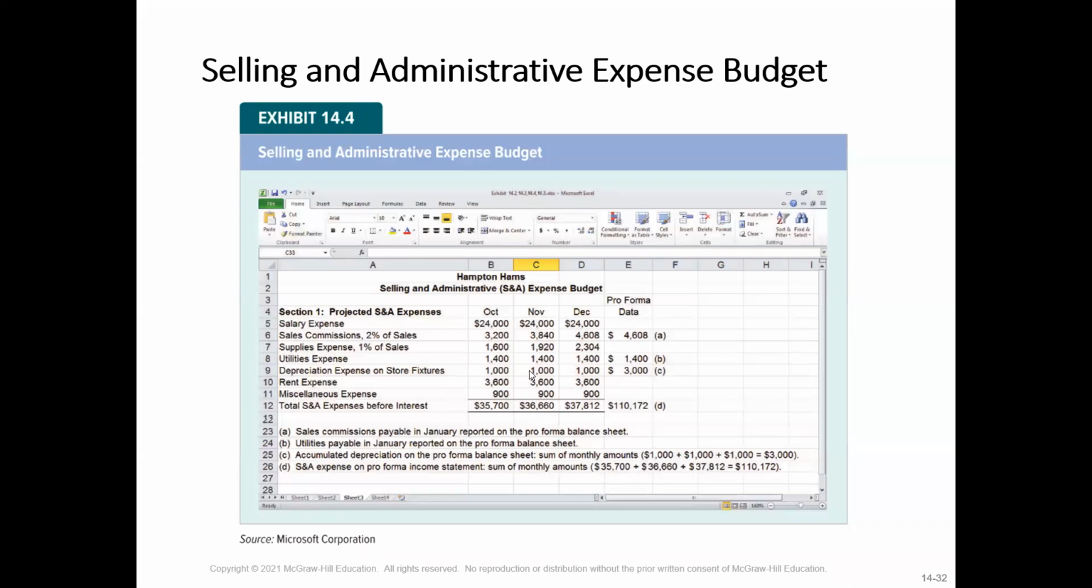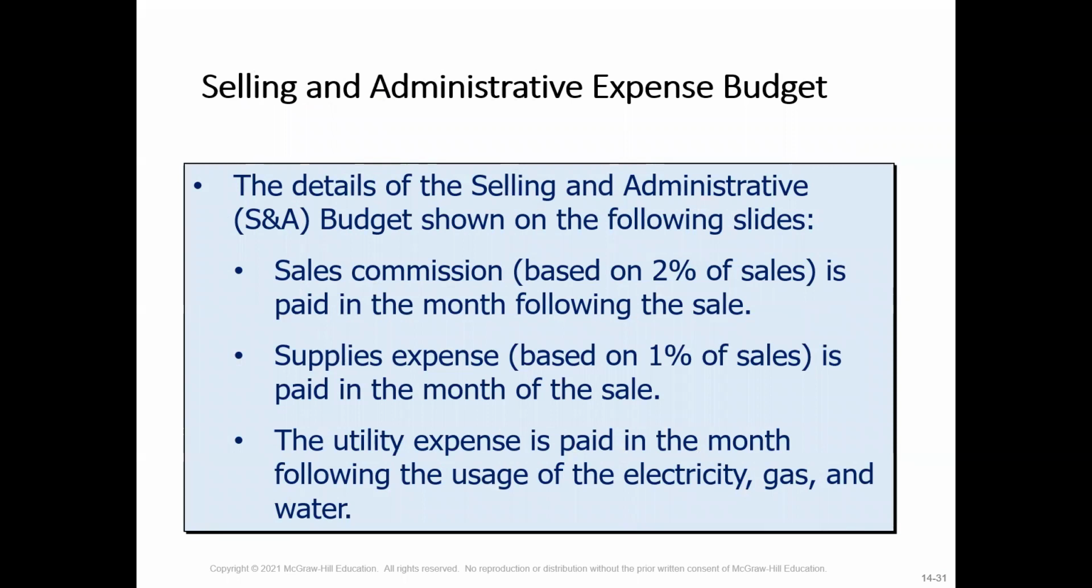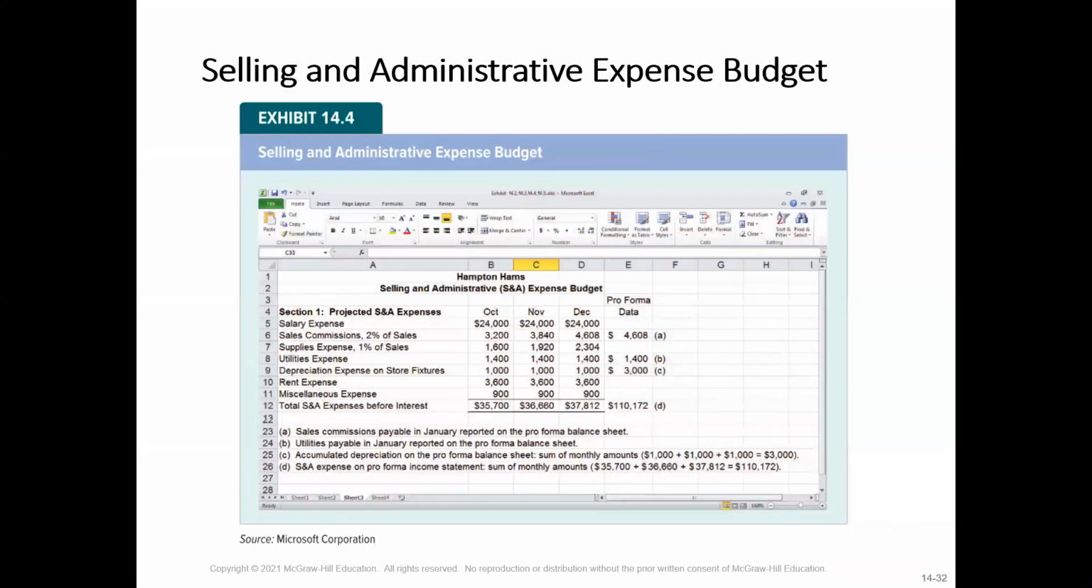Utilities expense is also a calculation. Oh, that was fixed. Utilities expense is a fixed amount, but is paid the month following the month of usage. So we have 2 items which are tied to sales, and that's sales commissions and supplies expense at 2% and 1% respectively. The other items on the budget are fixed. But then we do have to look at the timing of these figures, and we were given for our pro forma data, this would be for our income statement for the most part,